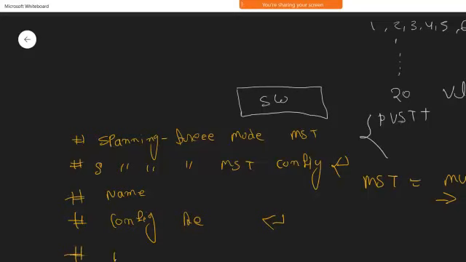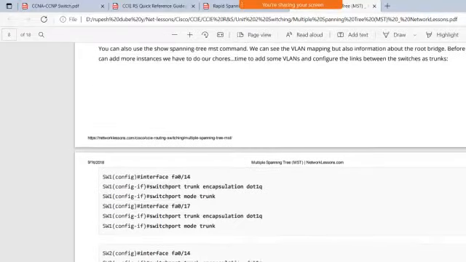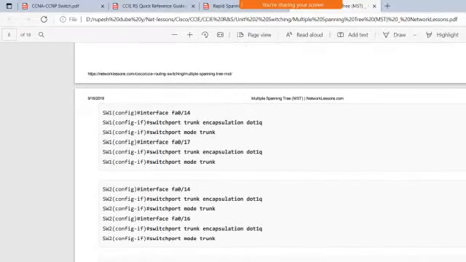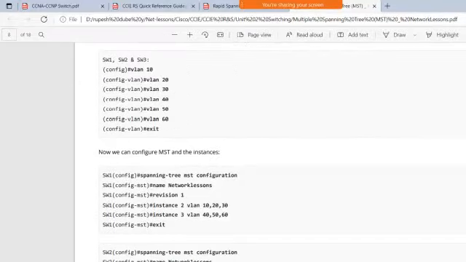Okay. So after that, you can create an instance, like instance 1, and then put the VLAN in that. This is the configuration you have to do to use MST on a switch. So just write down the commands, because the commands are very important. I think everything is mentioned over here, so you can just follow that.